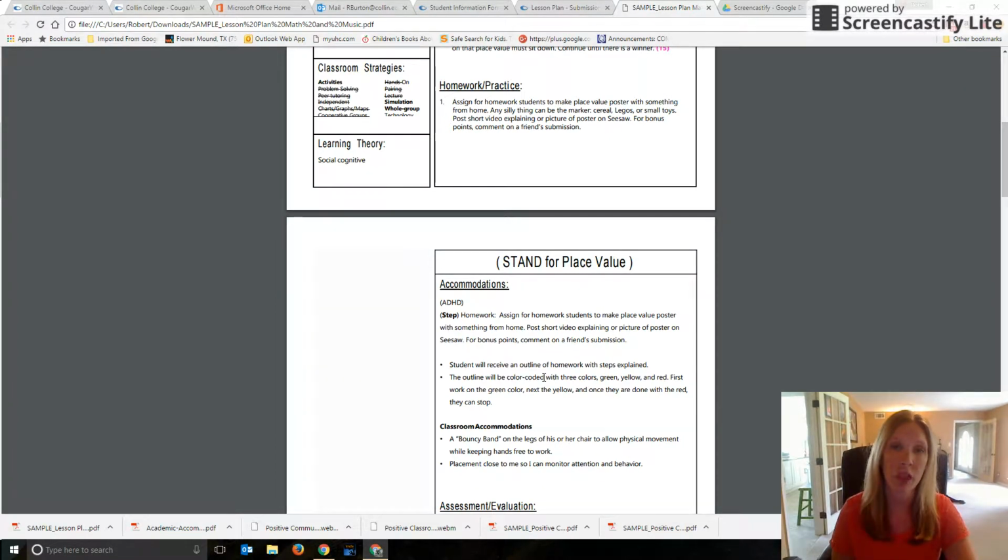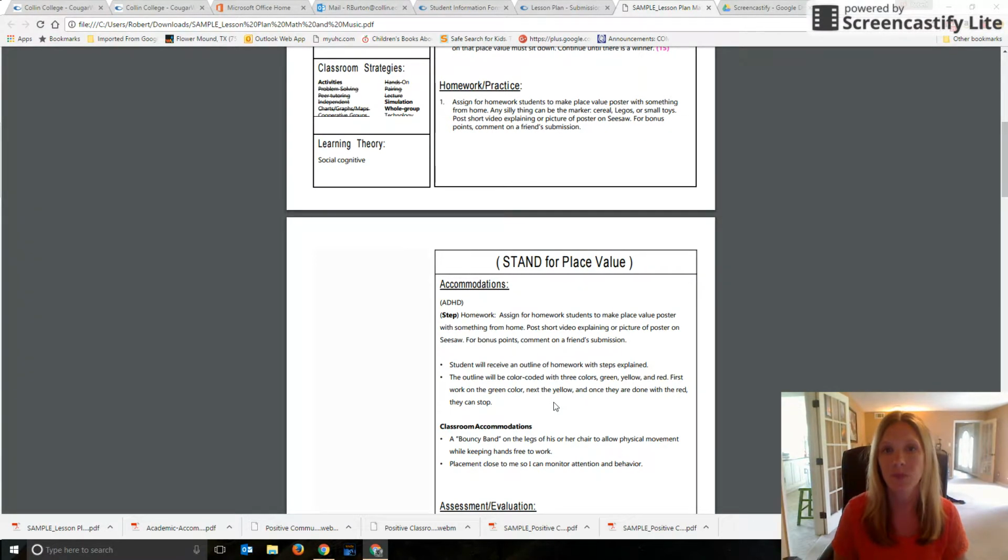But what tools are you going to provide so that they can understand or learn that more easily, more at their learning level, or more like their learning style? For example, my son has a learning disability, and so he has to take things in chunks. He still has the same expectations as every other student. He's not getting different curriculum, but he gets that information chunked. So he has these 2 steps, now stop and check in. You have these 3 steps, now stop and check in. He's got a reduced spelling list. There are different types of accommodation, but the curriculum doesn't change. So what you'll tell me here in the classroom accommodation section is how you've accommodated that particular step